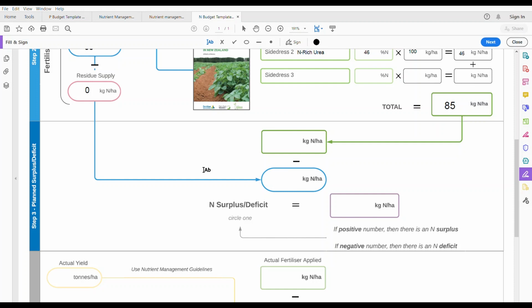Moving on to step 3. Here the planned surplus or deficit is calculated. This is a straightforward process where the nitrogen required is subtracted from the nitrogen applied. If the number is positive, there is a surplus of nitrogen. If there is a negative, it is a